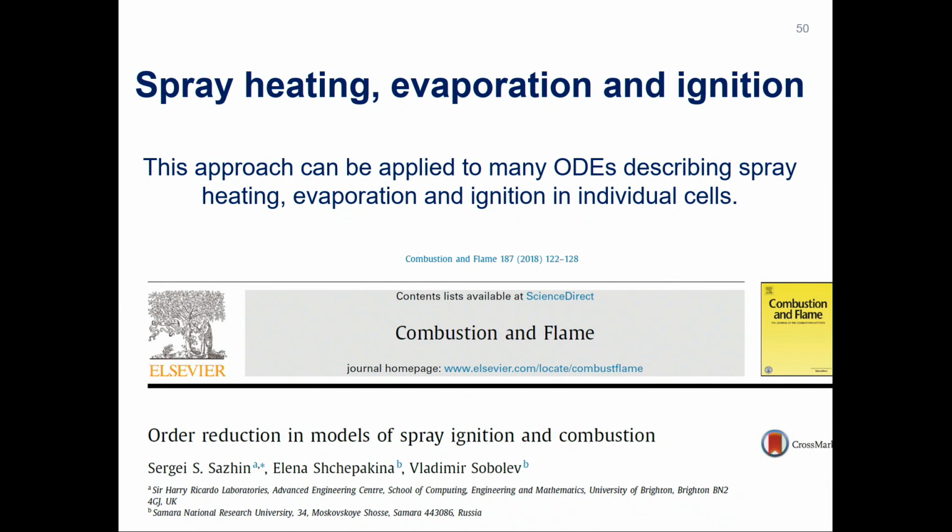This approach can be applied to many ordinary differential equations describing heating, evaporation, and ignition of individual sprays. Again, the details of the application are described in this paper, and I'm not going to go into further details. Now I will spend a couple of minutes on future challenges. The full Lagrangian approach is a powerful method, but at the same time,